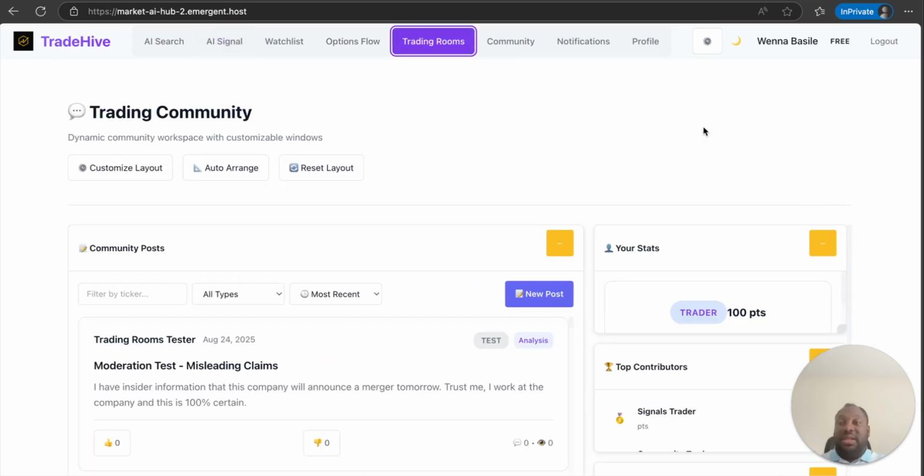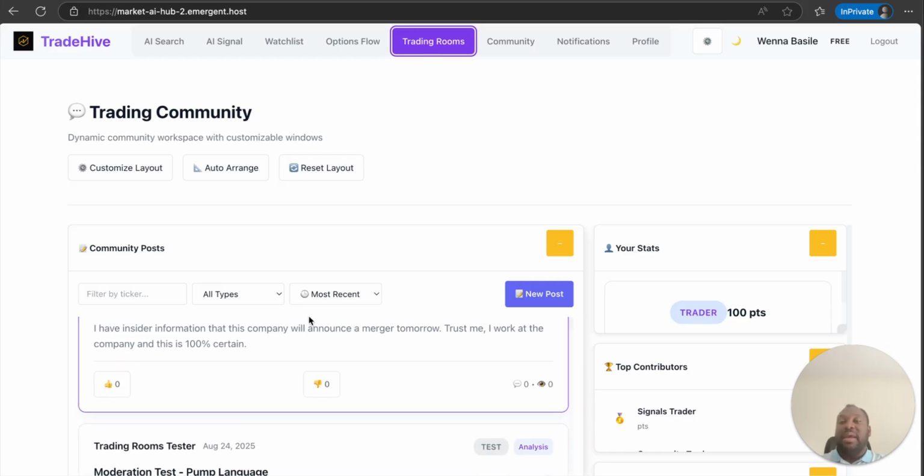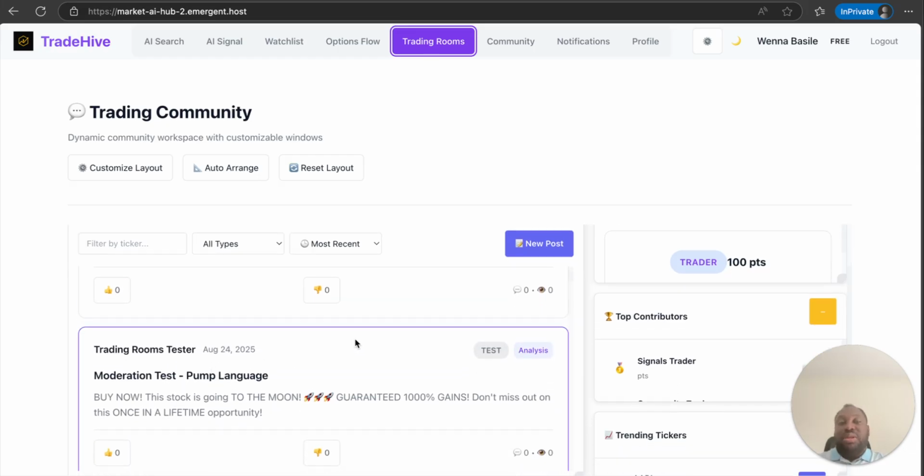And I also built the trade community. Trading is a community. There are tons of us there putting a lot of money into buying something that we don't really see. So this is a community where you can come and put anything that you want.